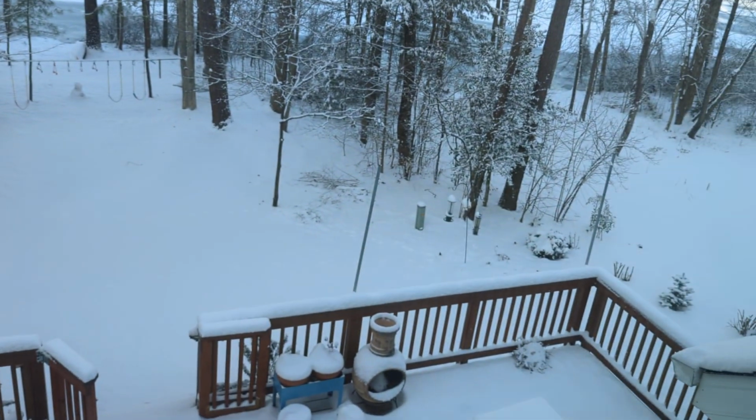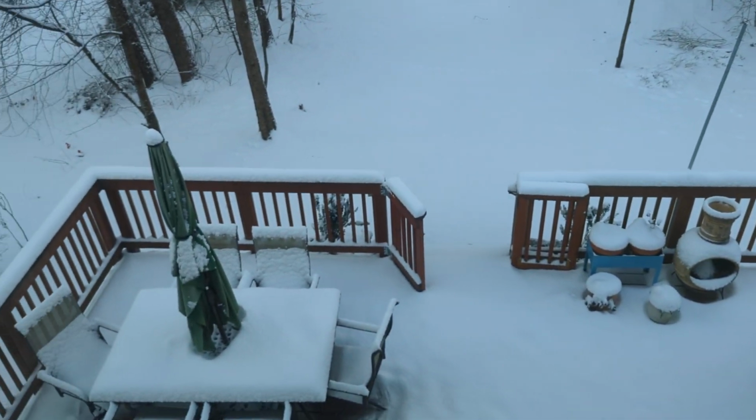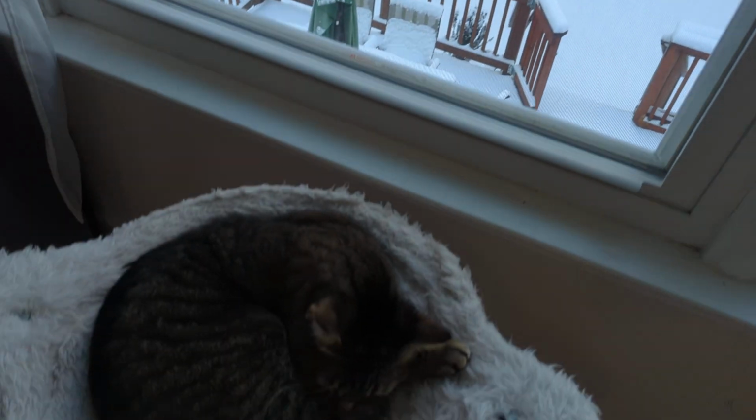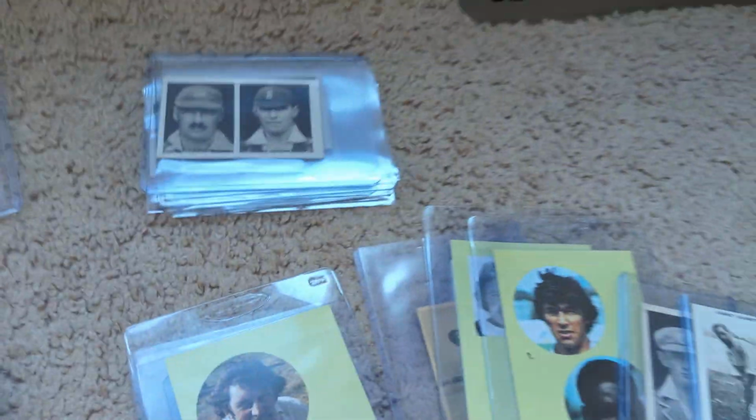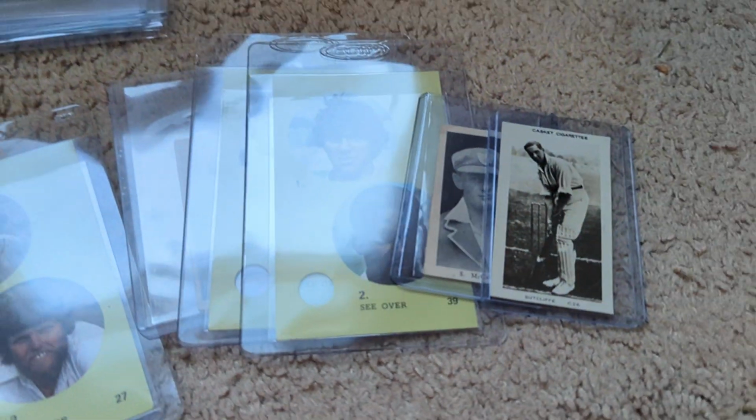It's a beautiful snowy day here in Virginia, and we don't normally get this much snow, so it's a nice, relaxing Saturday. We're all chilling, the kids are relaxed,